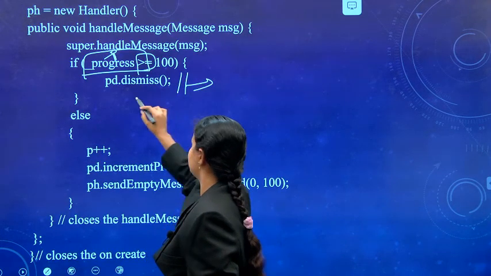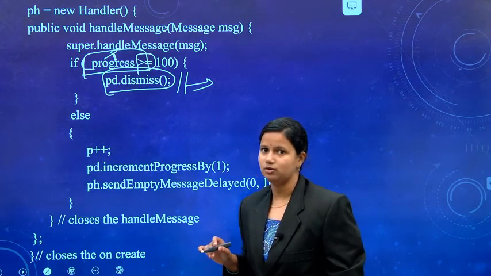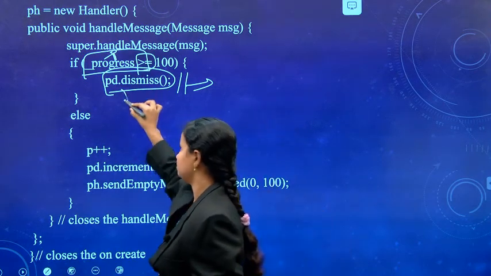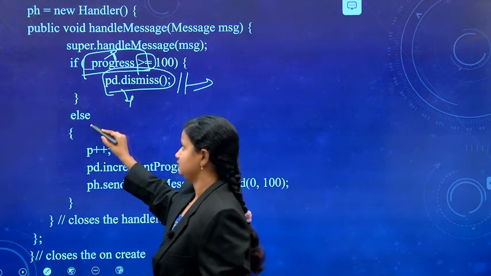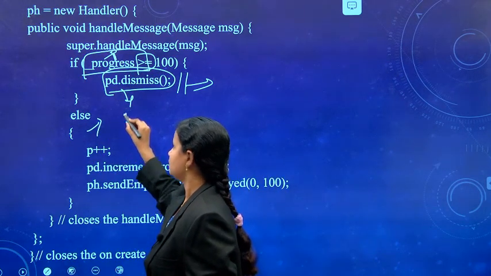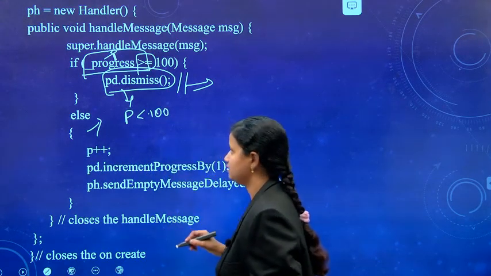It is nothing but PD dot dismiss. The PD is a progress dialog object, that means the progress dialog is to be dismissed, to be closed.